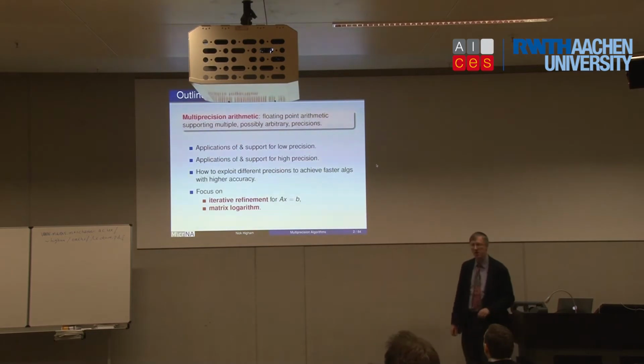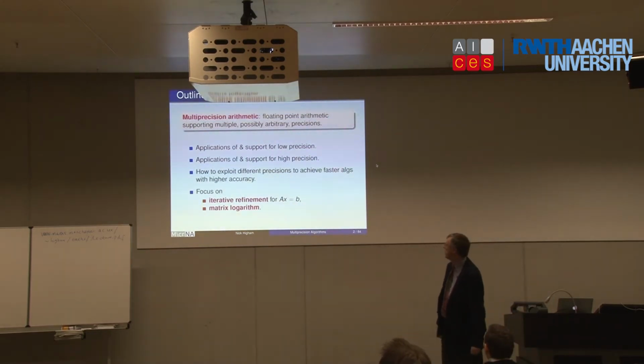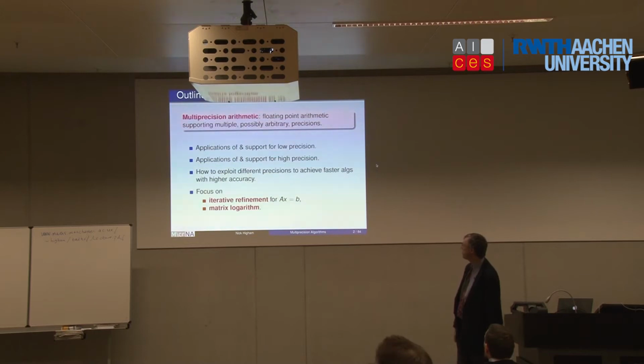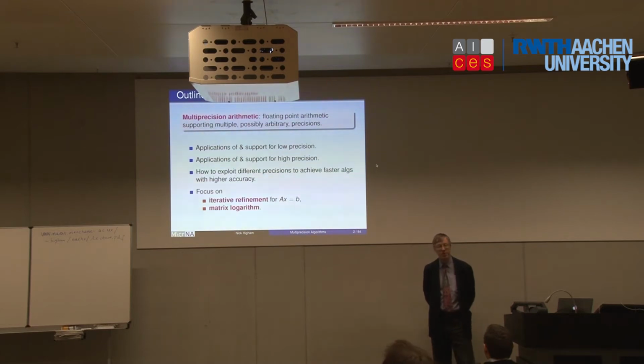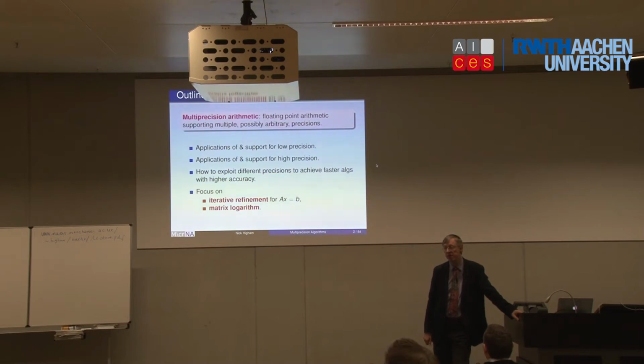And here's an outline. So multi-precision arithmetic is the underlying technology here. So we're talking about floating point arithmetic, not just single and double precision, which we've had pretty much since the first computer, but we now have half precision in hardware on high-end GPUs, and that's becoming more and more widely available. We've got quadruple precision in software. We've actually had that for quite a while in the form of compilers. Certain compilers have supported quad. But it's becoming more widely available in other forms of software.